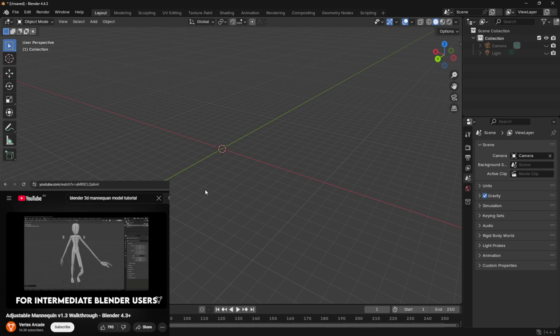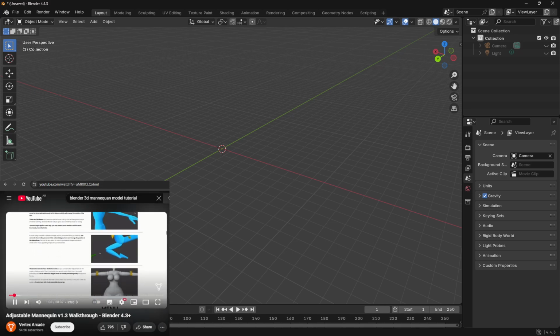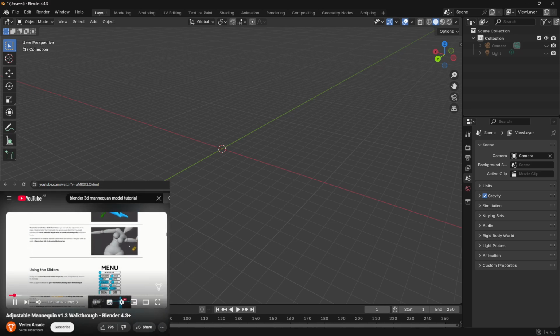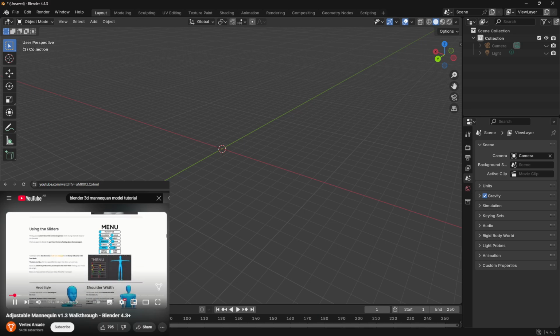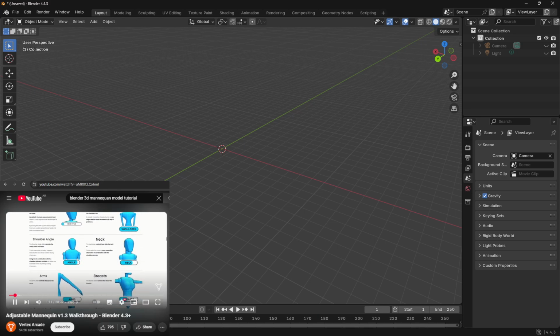Also, a quick disclaimer, this is not an add-on. This is simply a Blender file that contains the customizable models and rigs. There is a lot to cover, so in the description you'll find timestamps for everything, and I've broken the video up into multiple chapters that will explain the different sections. Also, go and check out the full documentation on my website. It has everything explained in bite-sized chunks with videos showing you every part of the process, and this video is basically just the documentation in video format. Through the website,